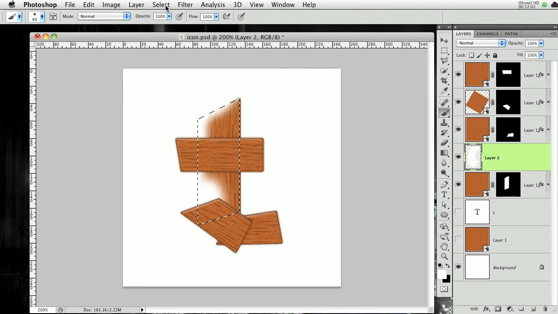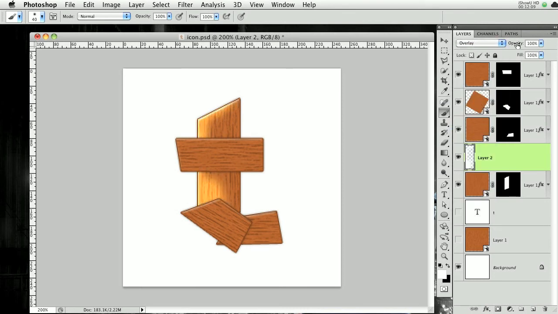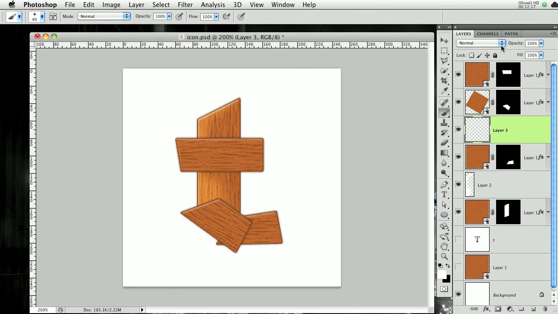I'm going to do something like that. Make a selection, select, inverse, and then backspace. And it's going to delete everything outside of that selection. Then we're going to change this to overlay, and you can see that lightened it up. And I'm just going to lower the opacity. Going to go over this layer over here, create a new layer. Let's change the layer mode to overlay, and then just going to paint,